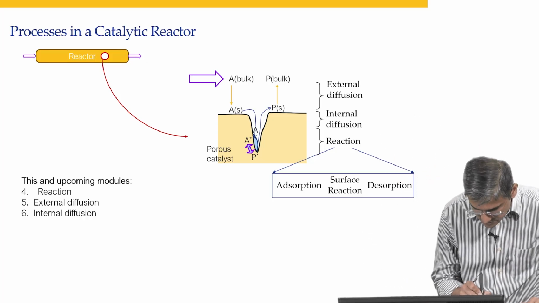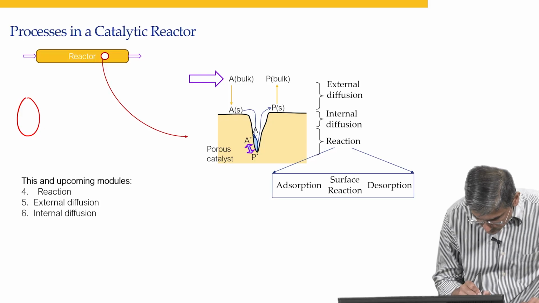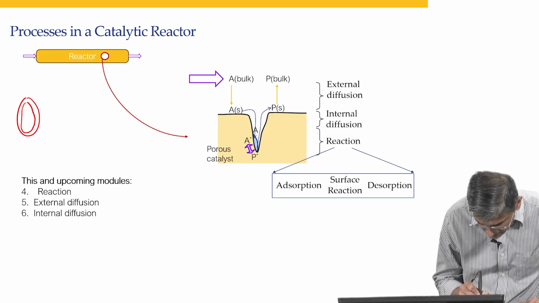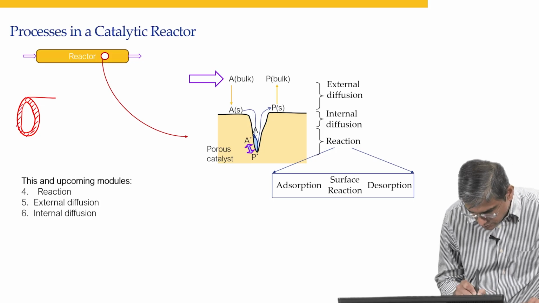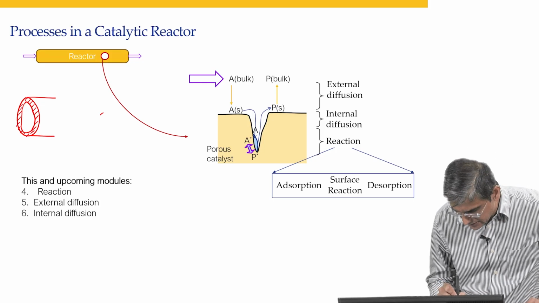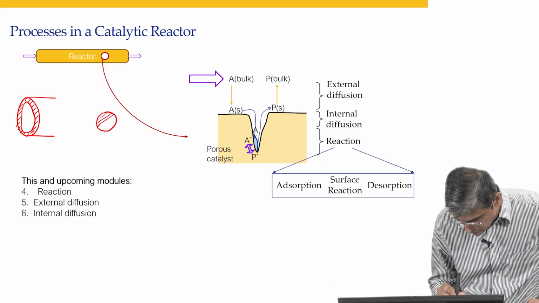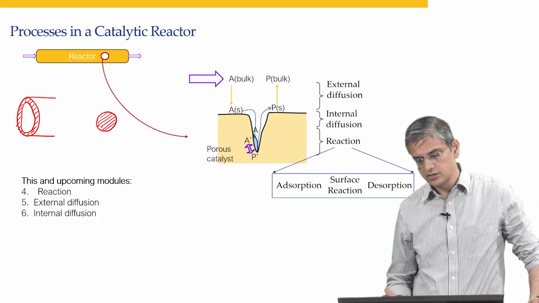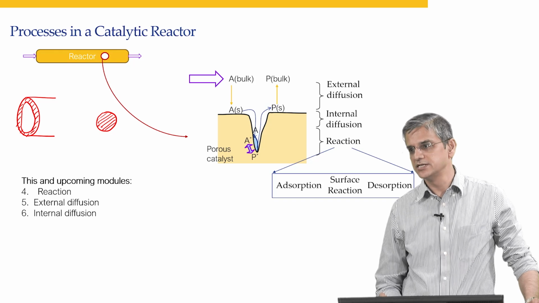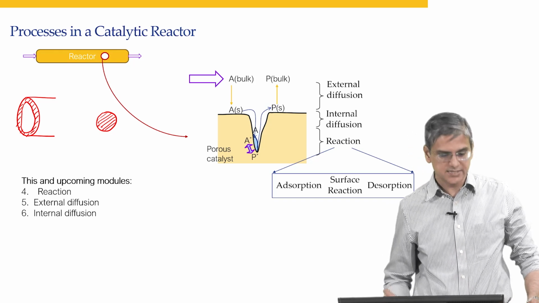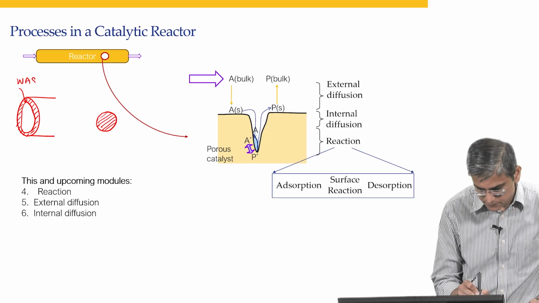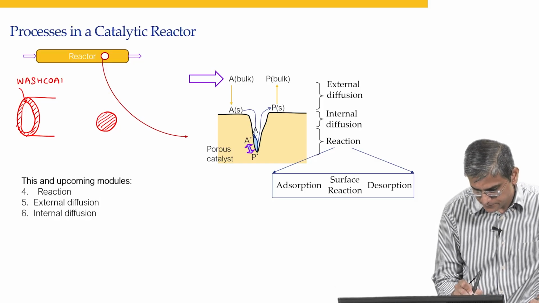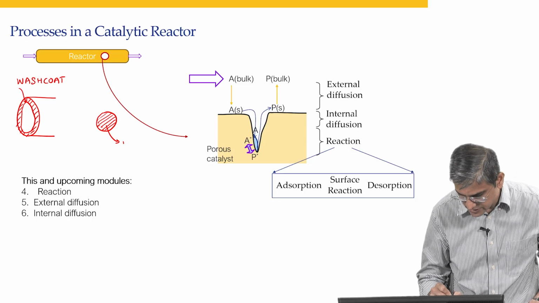So, if it is a wall, what we have is basically your catalyst that is present over here, or if it is a pellet, it is going to be a pellet like this. Now, whether it is a wash coat on the wall or whether it is a pellet,